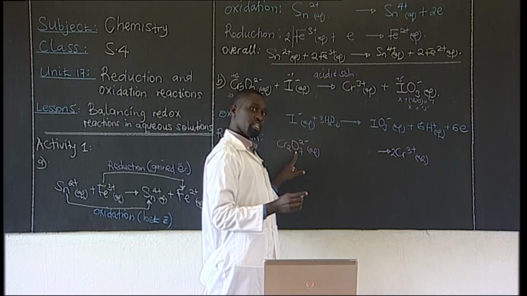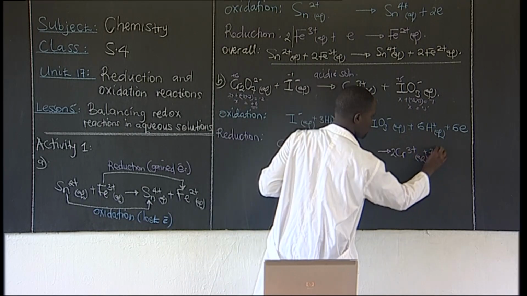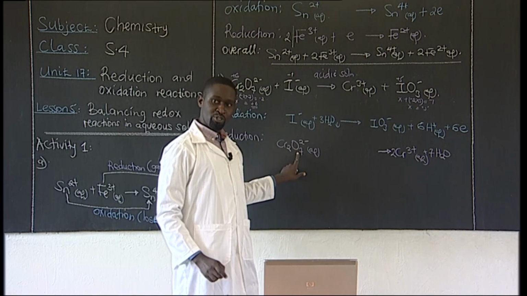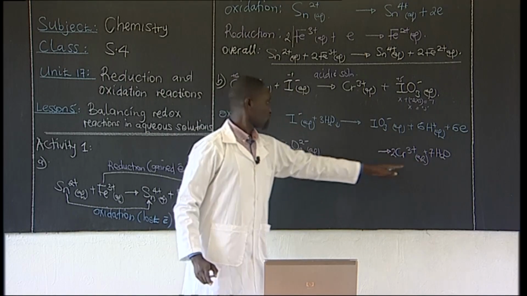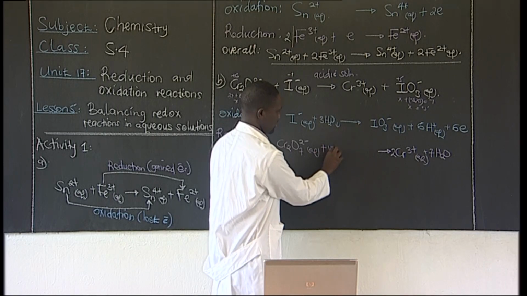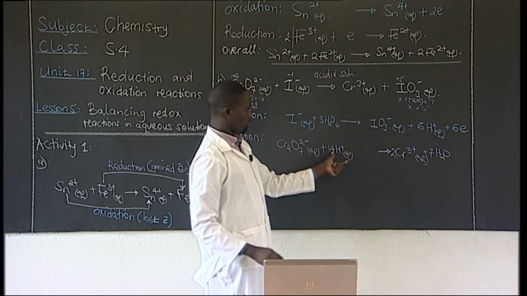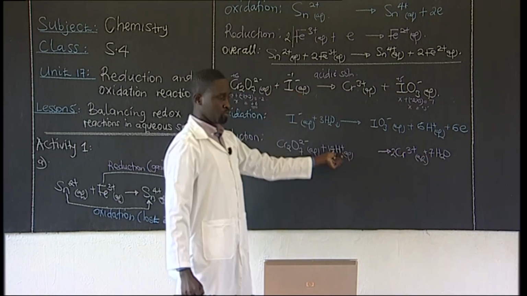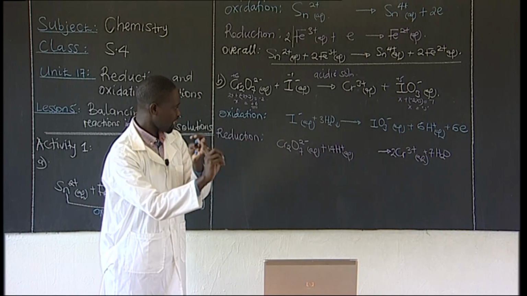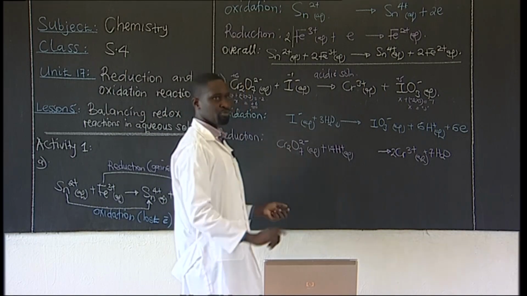So to balance oxygen, we use water. I would add 7 molecules of water. You notice adding 7 molecules of water has brought in hydrogen ions. So we add 14 hydrogen ions on this side. 14, this is 7 times 2. So our hydrogen is balanced, our oxygen is balanced, our chromium is balanced, but the charge,